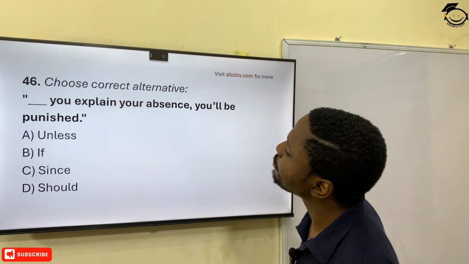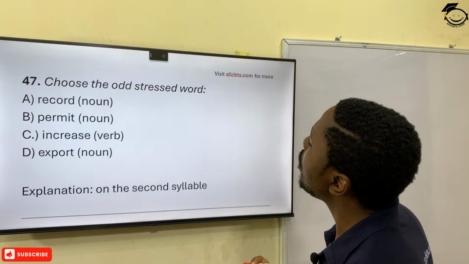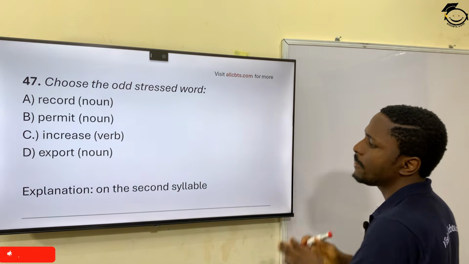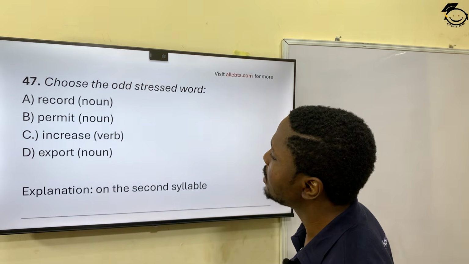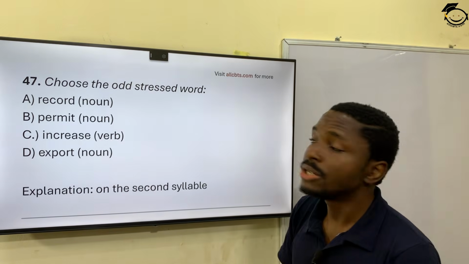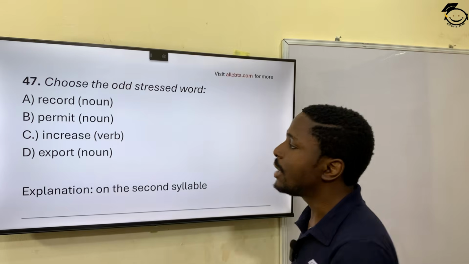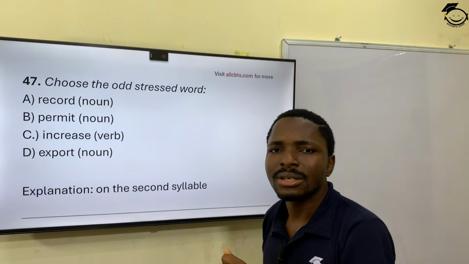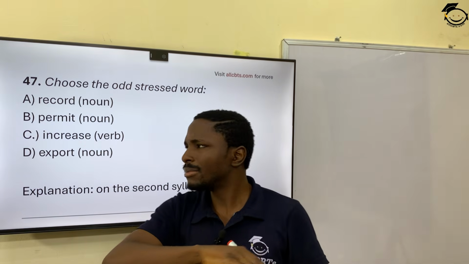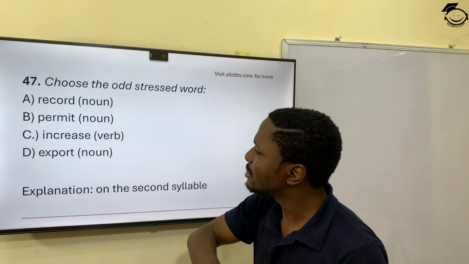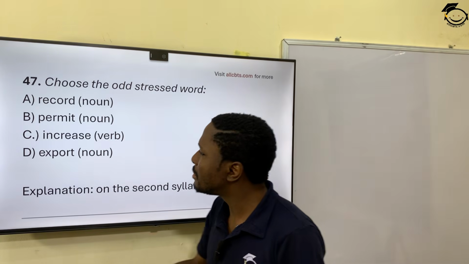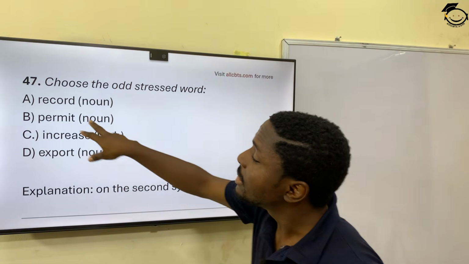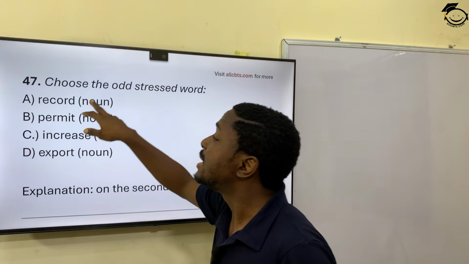And 47, choose the odd stressed word. Now, this word, record, can act as a noun or a verb. Permit, also as a noun or a verb. Increase, export. So now the examiner tells you that the word placed here is actually the noun